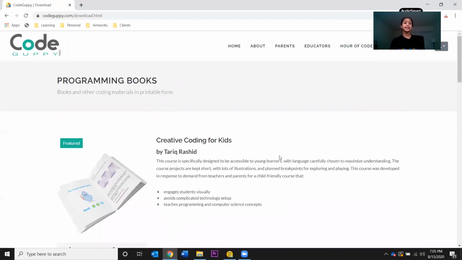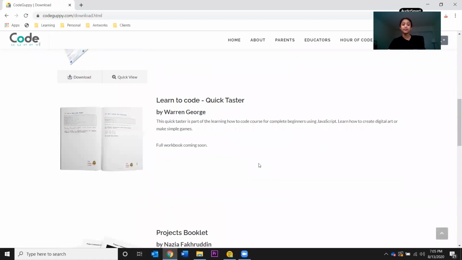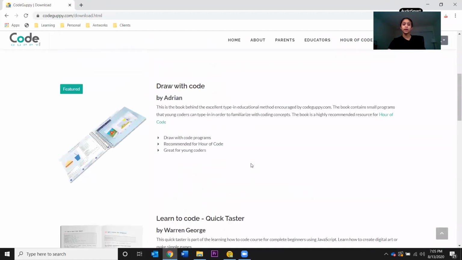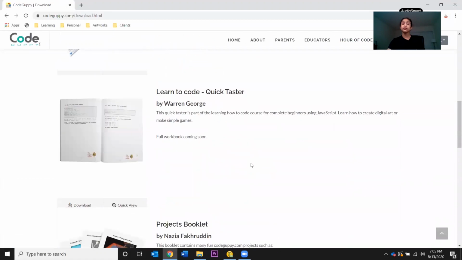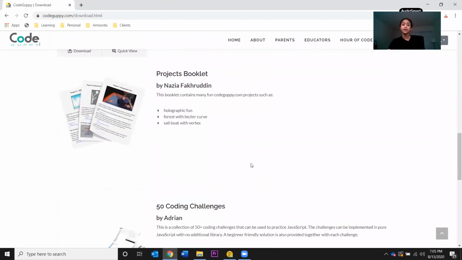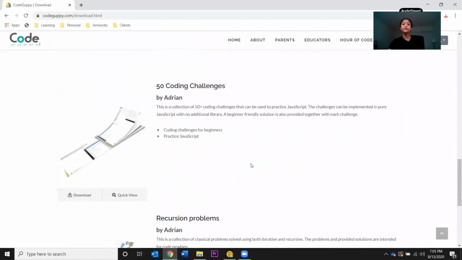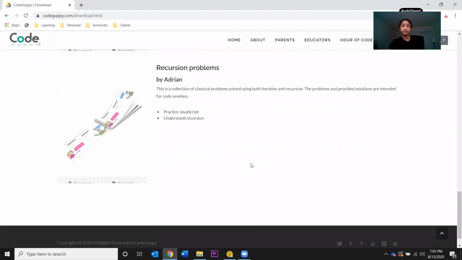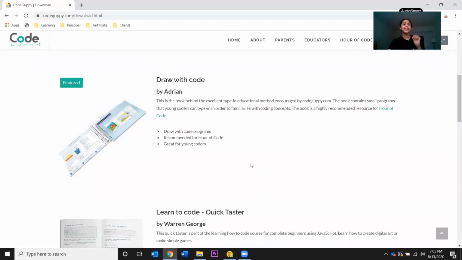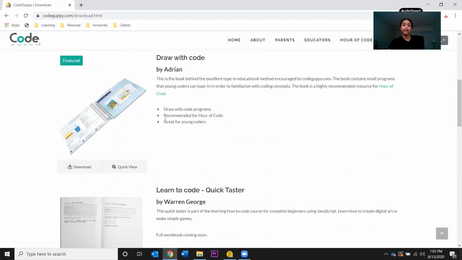So here you can see another screen has opened for us, and these are all the programming books that you guys can download for free. So there are many of them. There is Creative Coding for Kids, Draw with Code, Learn to Code, Quick Taster, Projects Booklet, 50 Coding Challenges, Recreation Problems. So for today's video, we're actually going to go ahead and click on the Draw with Code by Adrian